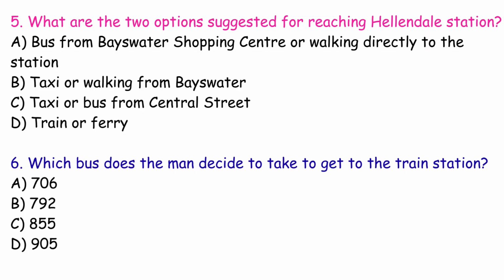OK, which bus is that? The 792 will take you to the station. I guess the walk will be good for me, so that might be the better option. What time do I catch the 792? There are two buses that should get you to the station on time, one just before 9 o'clock and one just after. But look, at that time of the morning it might be better to take the earlier